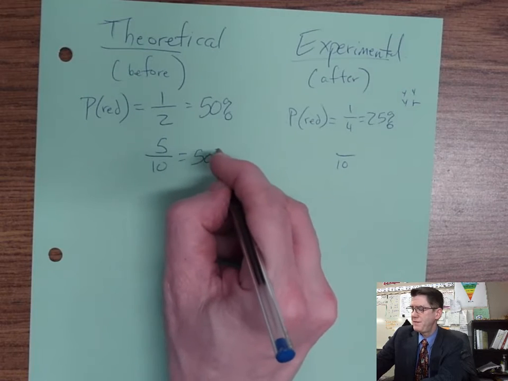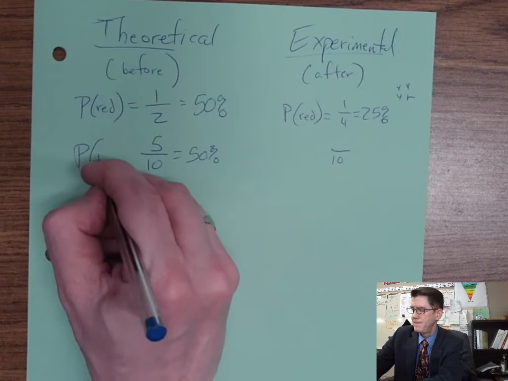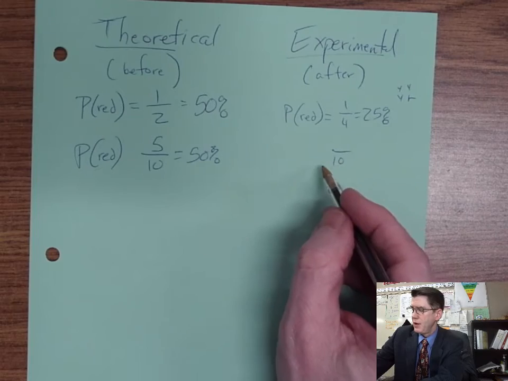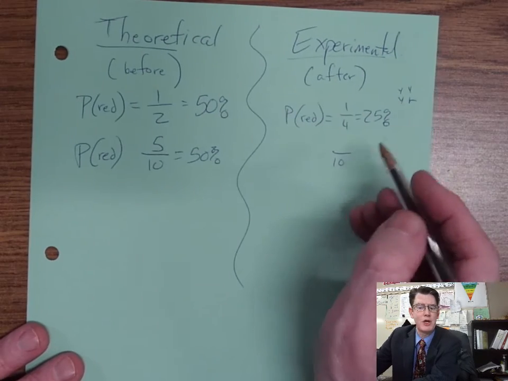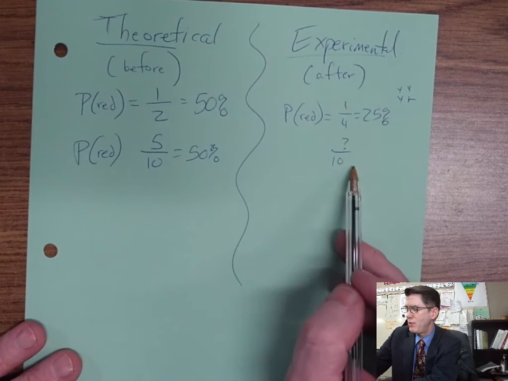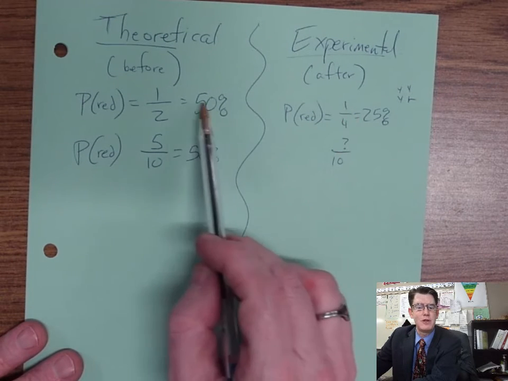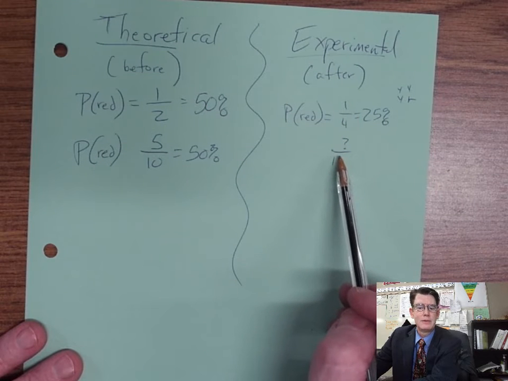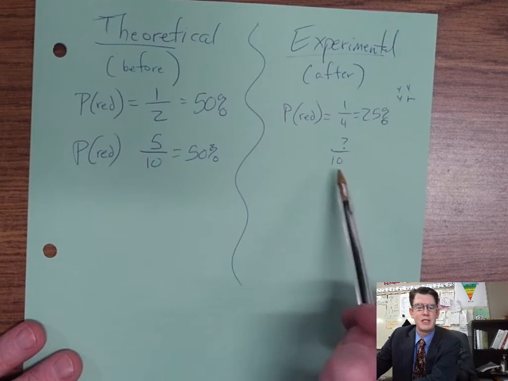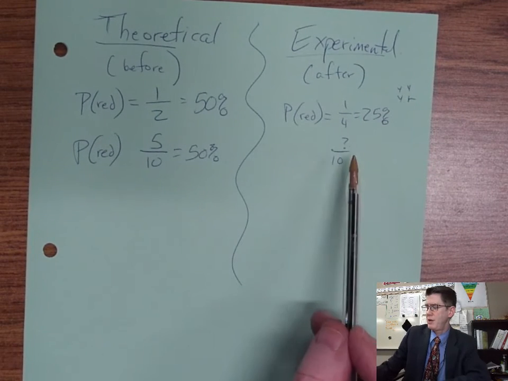The 50% is the theory of red. When I actually do the experiment, what's this number going to be? Well, it'll be close to 5. This one was close to 2 to make 1/2. It might be 6 or 7 or 8, maybe 4, 5 or 6,